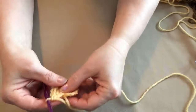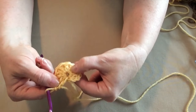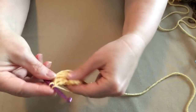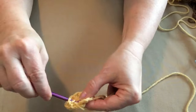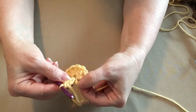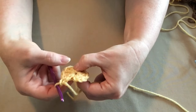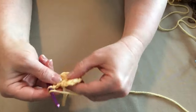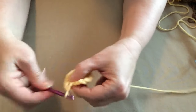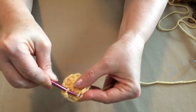All right, let me count. Here's our chain 3, so that counts as 1, 2, 3, 4, 5, 6, 7, 8, 9, 10. We need to do 1 more. That will make 11. Let's count again. Here's our chain 3. We'll count that as 1, 2, 3, 4, 5, 6, 7, 8, 9, 10, 11. Need to do 1 more because we want 12 altogether. We're going to join to the top of this chain 3,